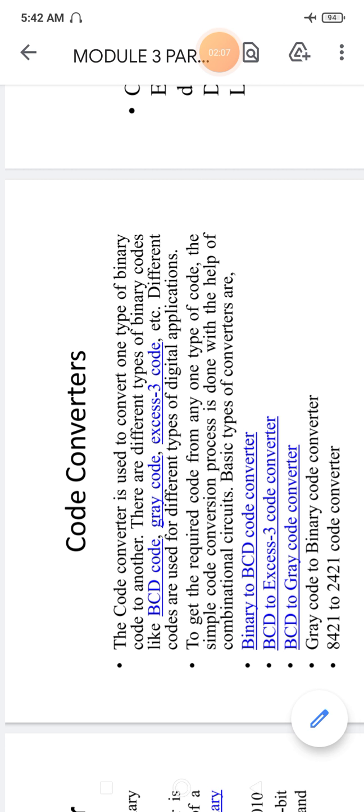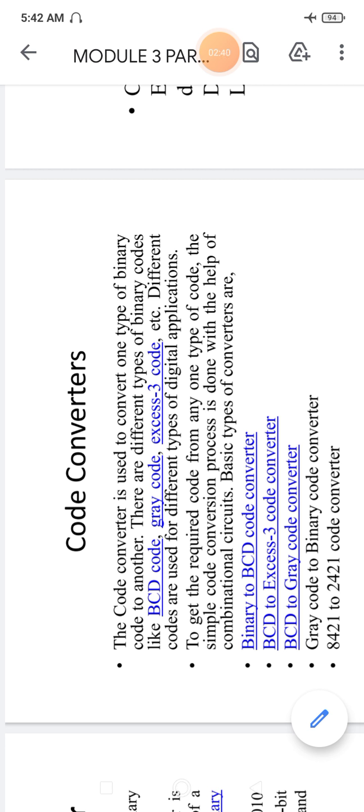So now we need to implement it by using a converter. We can convert binary numbers into BCD numbers, binary numbers into gray code, and we can implement a converter which is used to convert binary numbers into XS3 codes. Different codes are used for different types of applications.